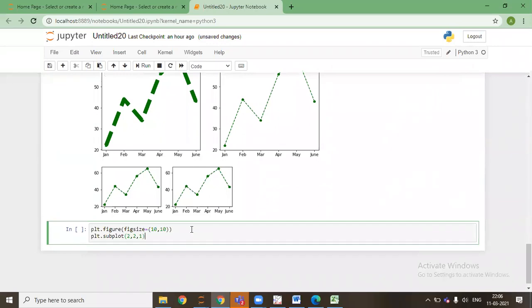So this line means a 10 by 10 space for the figure I will be constructing using this graph. 2 to 1 means here the first 2 and 2 means